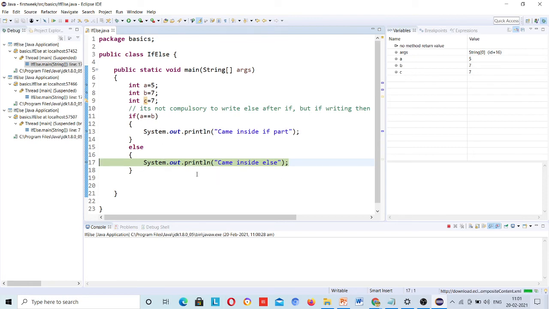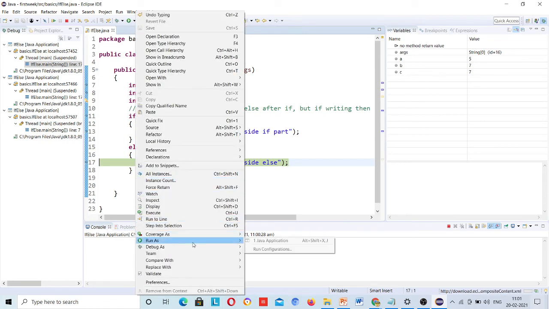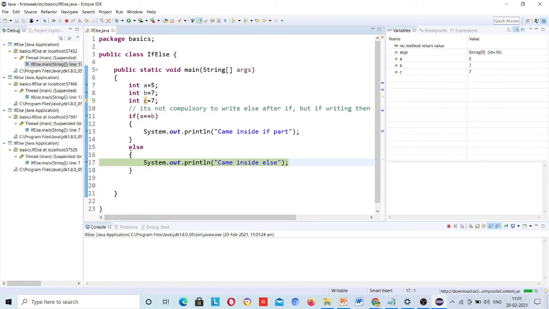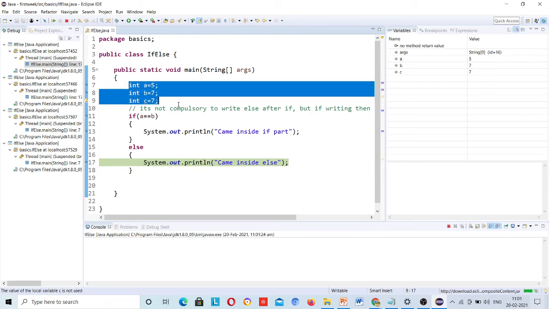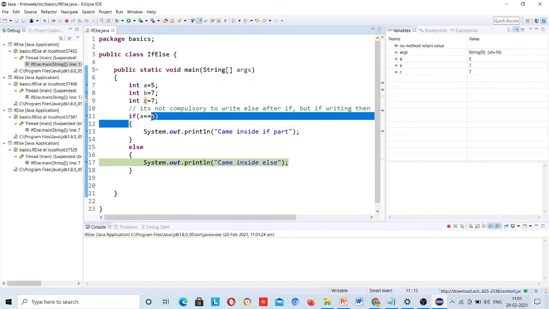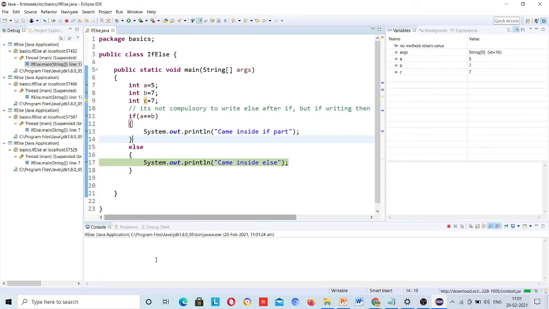You need not do anything. If I put it over here, just debug again. You can see once you are debugging, first of all it's executing these lines. Then a is equal to b, this is not true, then it is coming here. But it has not printed anything.